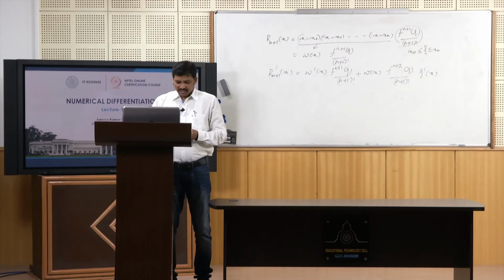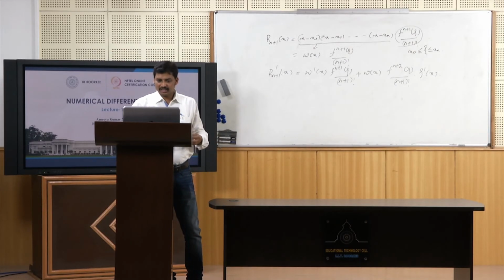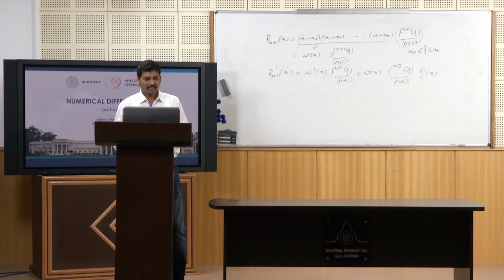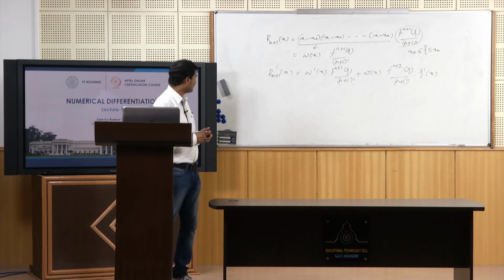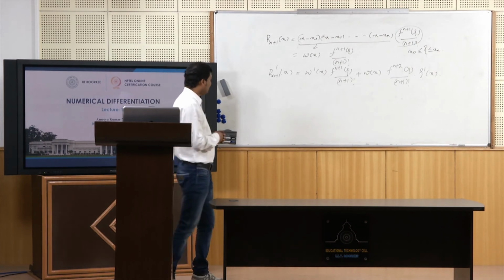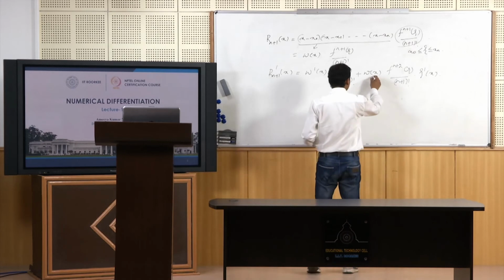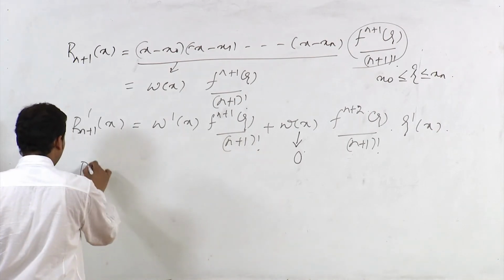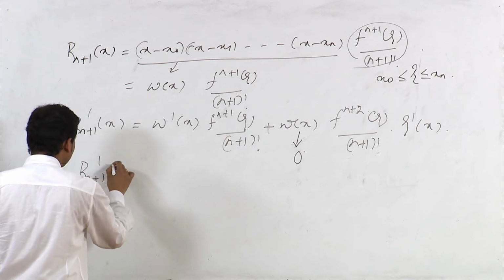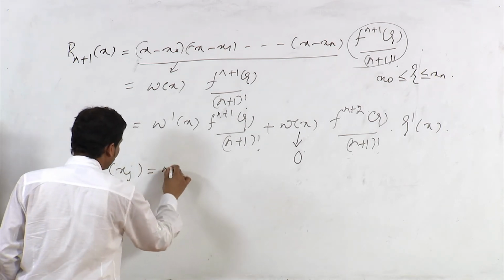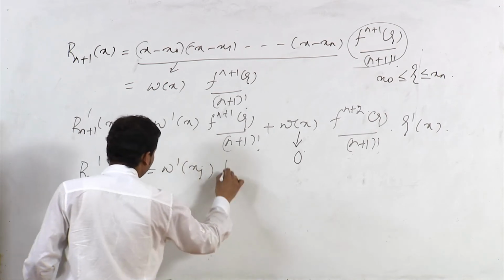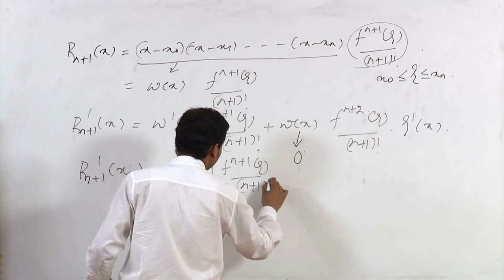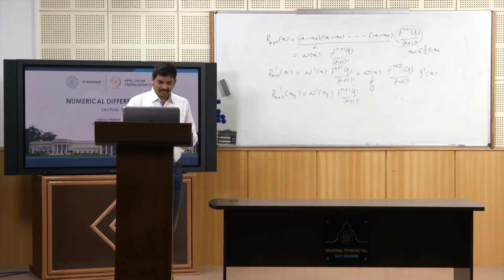So, based on this we can just say that this error will just occur at a different polynomial basis. This means that if you just consider exactly x equals xj, then obviously this omega x will just give you a 0 value here. Then we can write this as Rn plus 1 dash at xj exactly, this equals omega dash of xj f to the power n plus 1 zeta by n plus 1 factorial here,